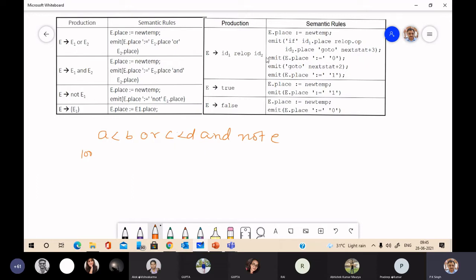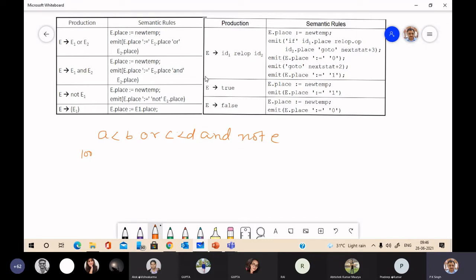We will use this syntax directed translation scheme. A new temporary is generated. Suppose that temporary is T1. Okay, E place is T1. New temp is E place is T1. It means the predicate associated with A is less than B will be recorded in E place. Now it will write the first 3 address statement.